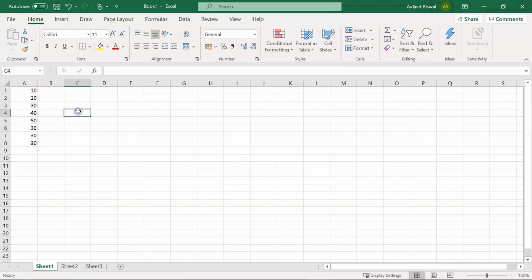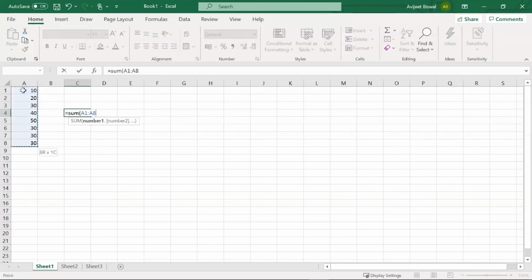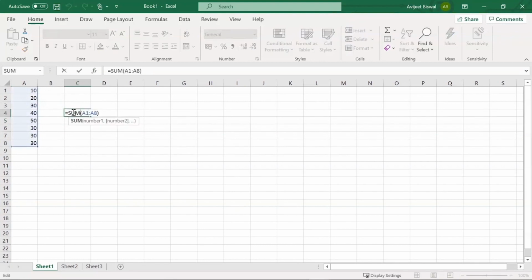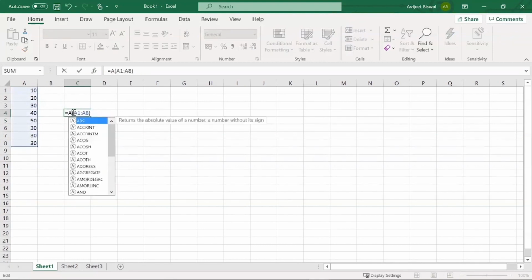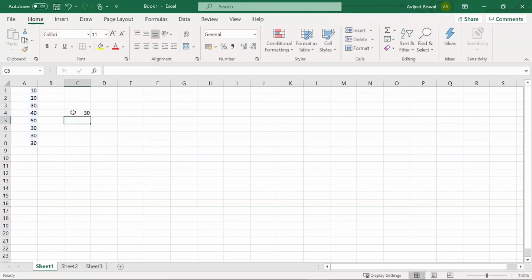Now you can also edit the formula that is present in a cell. So let me use a formula. Say we'll calculate the sum, and I'll choose A1 to A8 and find the sum. Now if I select this and click on F2, I can change the formula as well. Let's say average. I'll hit enter. You can see it has calculated the average from A1 to A8.